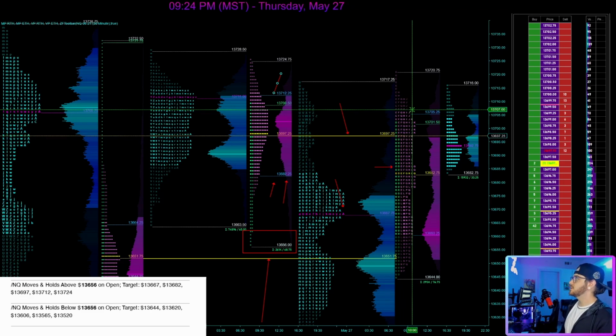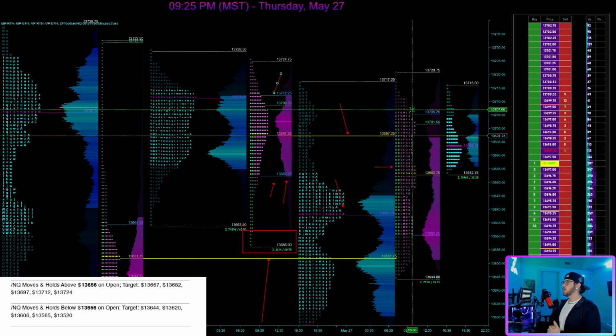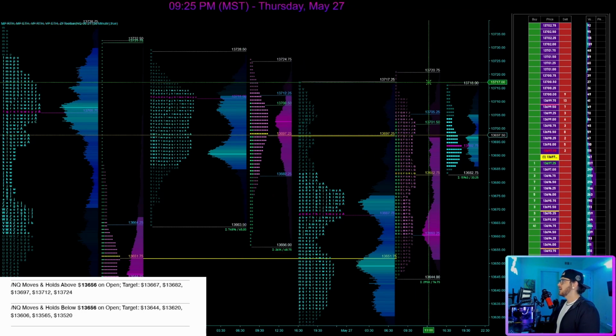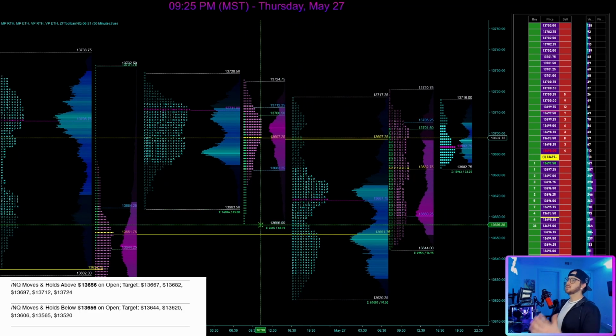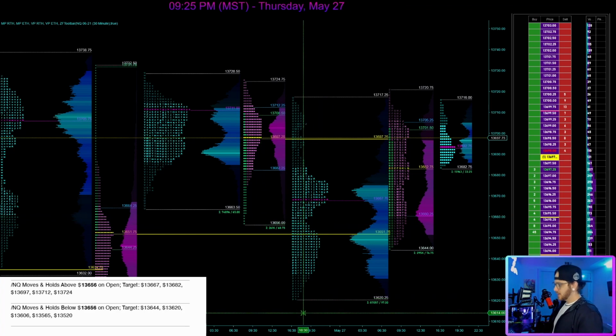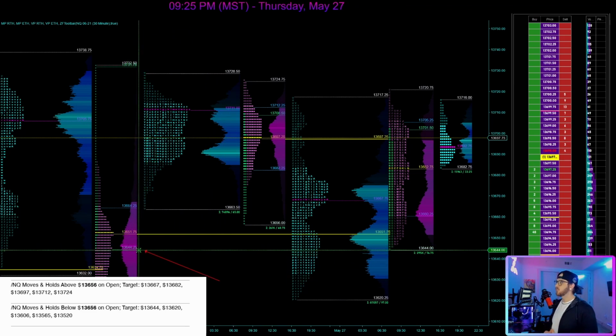So that was the final upside target hit today on our very interesting, choppy, ranging day in the NQ futures market. And we will go ahead and move into the downside after I clear some of these drawings. So once again, yesterday's low, the line in the sand, and we did not get much downside pressure at all. We did, however, get a move to our first and only downside target at 13,644.